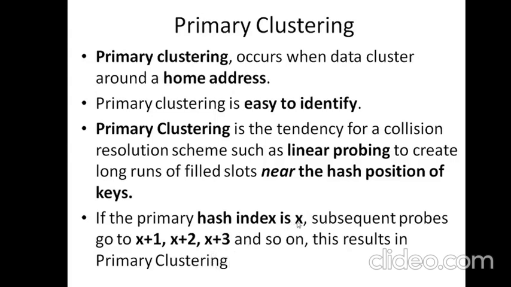When x is already occupied, we store the next value in x plus 1, and when one more value needs to be stored at x, we store it in x plus 2, then x plus 3, and so on. So all the adjacent addresses of x will be occupied by various synonyms of the first key.